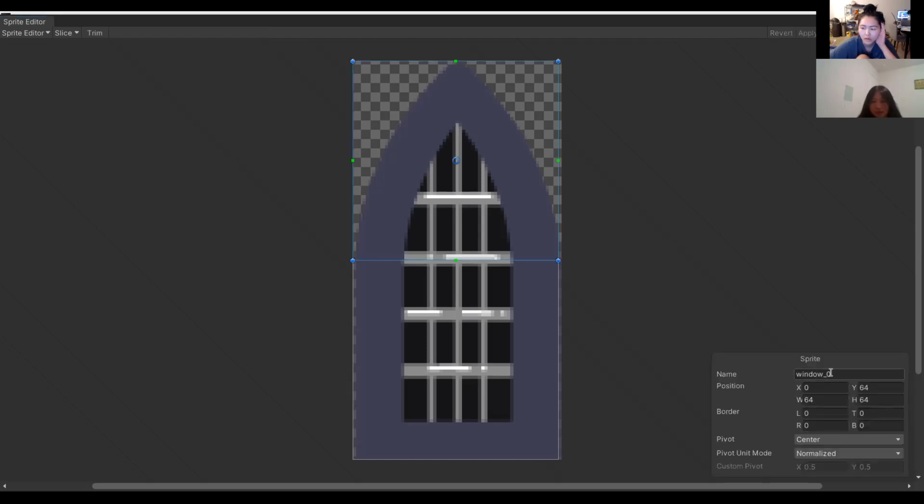Now you should know that it worked if something pops up in the bottom right that tells you the first sprite that you cut. You can highlight the second one if you want. Another way that you can tell that it worked.